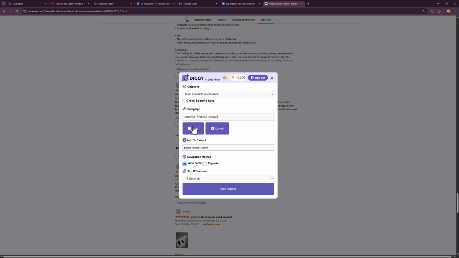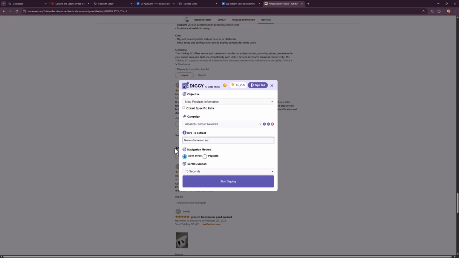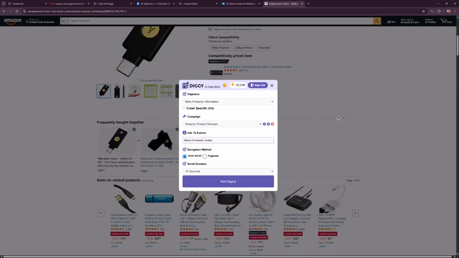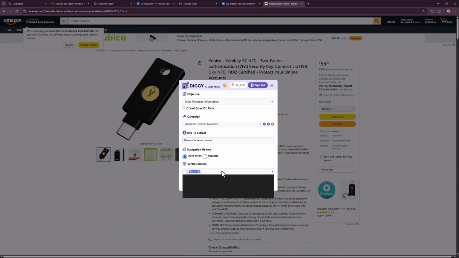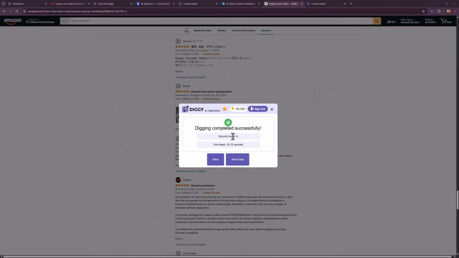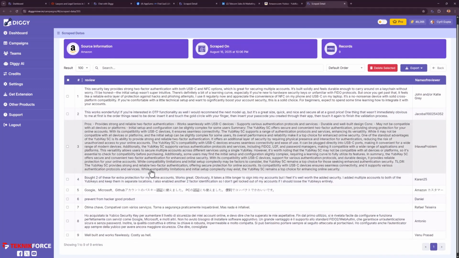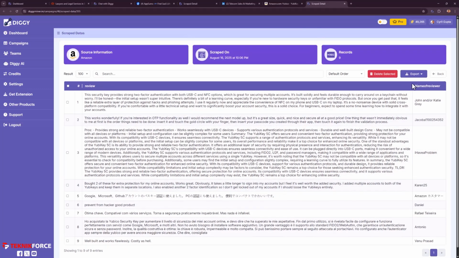And click on save, and we'll say name of reviewer and review, and we'll keep it auto scrollable. Let's go to the top of the page. Let's do 30 seconds and click on start digging. And it was able to grab 9 reviews. If you go into the scrape data, the names are here and you've got the review, and you can chat